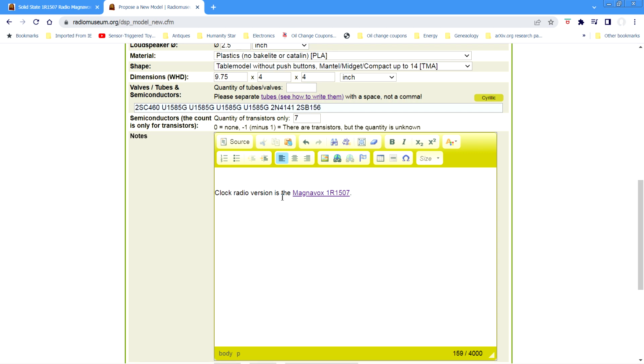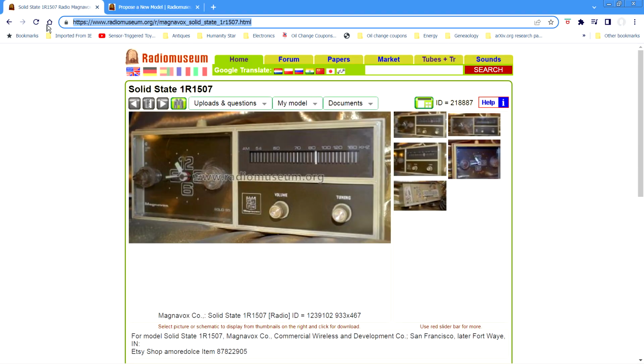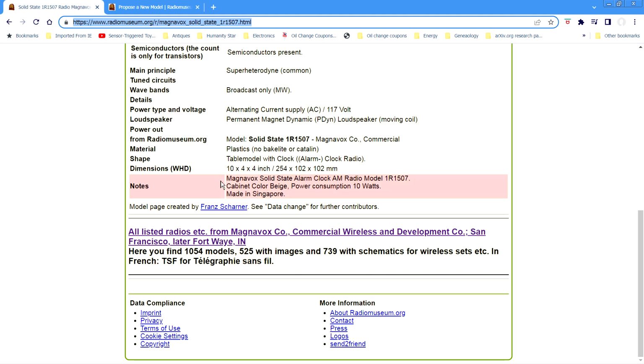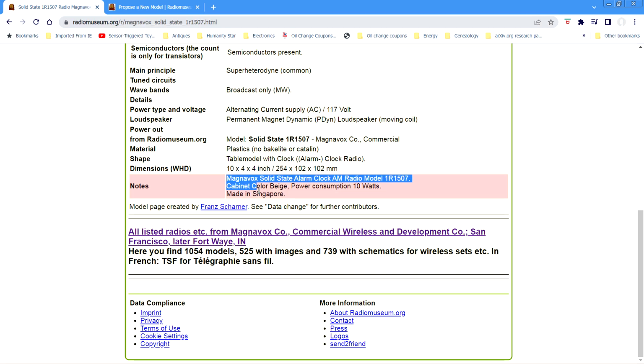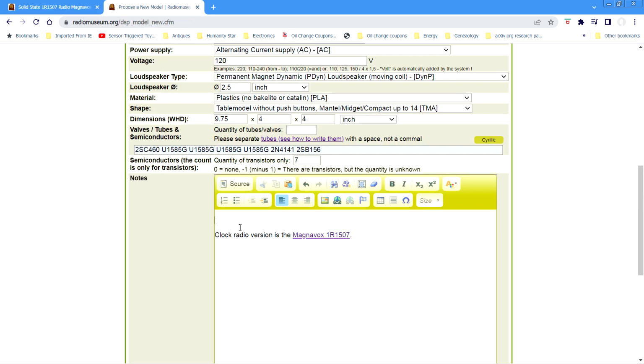Alright, so there's that. Now let's go back. Let me put a space in there. Let's go back to this and let's grab the notes here from the other model. So do a highlight, hold the left mouse button down and drag it, and then do a Control-C copy. Let's go here, and then we'll do a Control-V paste, Control-V. Alright, let's fix the name up here. Okay, it's not an alarm clock anymore. Okay, it's an AM radio model